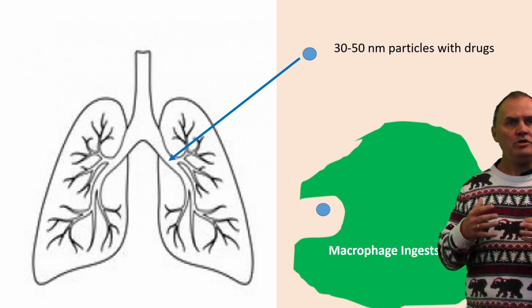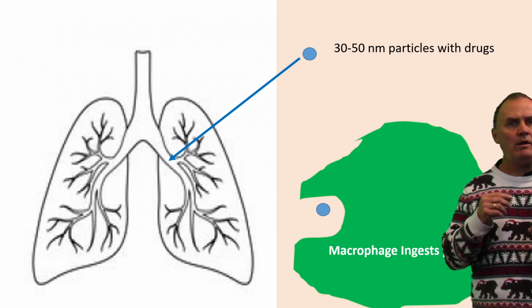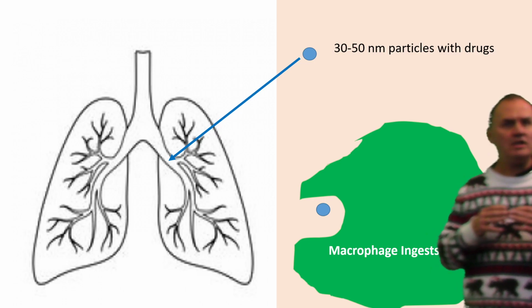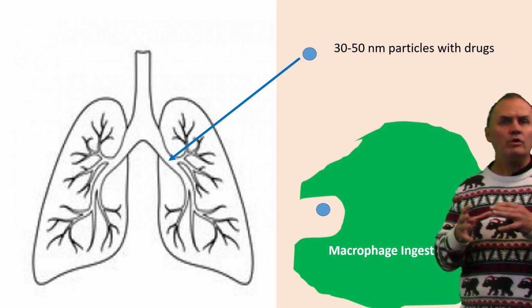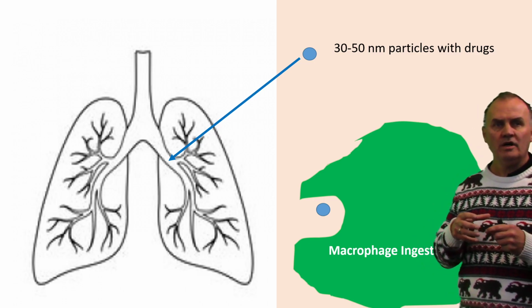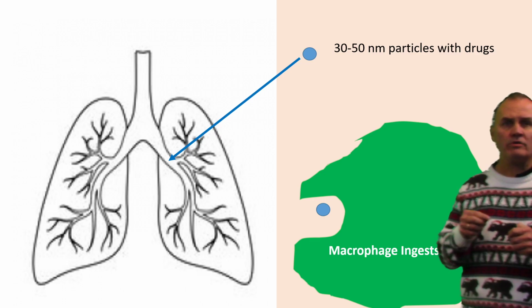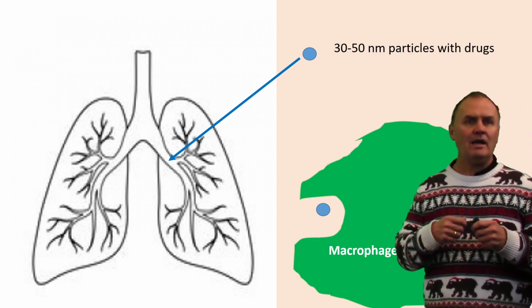And maybe it's given a couple times a week as opposed to daily tablets. And then once inside the lungs, we make them small enough so that the macrophage can ingest it, but we don't want them to be too big. Say, we don't want them to be 300 or 400 nanometers, because then they might deliver too much of the drugs to the macrophage and also kill the macrophage. We'd like to keep the particles small enough to knock out the TB, inhibit the TB, but not damage the